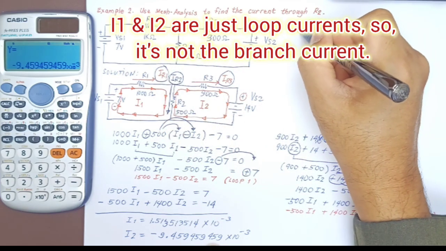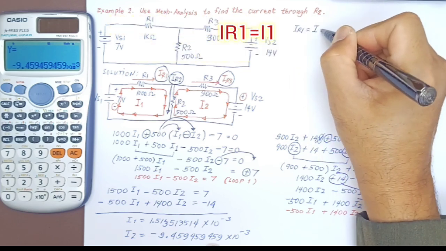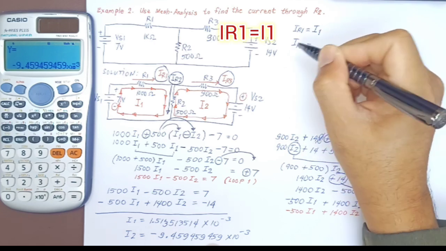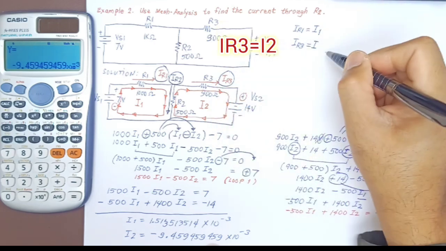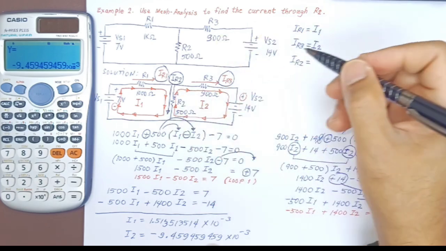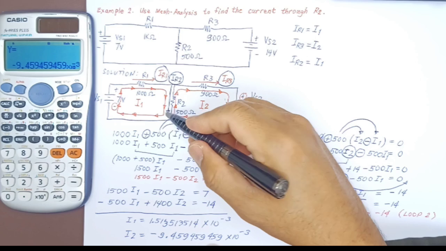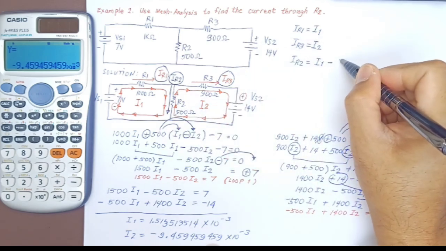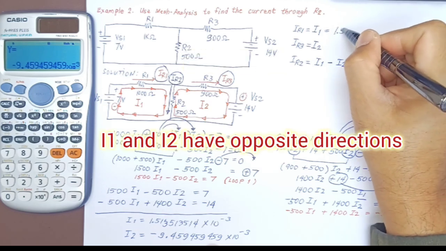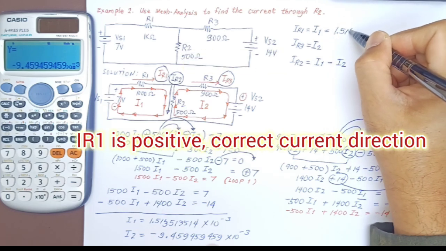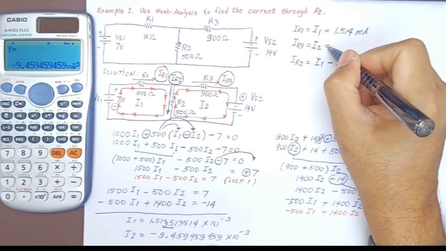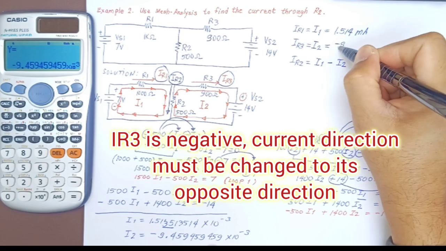Now, if we will write them, IR1 will be equal to I1 because they have the same direction, and IR3 will be equal to I2 because they have the same direction, and there's no other resistor there, or I mean voltage source. But in R2, we have IR2 equal to I1 minus I2 because we assumed that the direction of I1 is going down and I2 is going up, and we got the value of 1.51. Let's round this up,